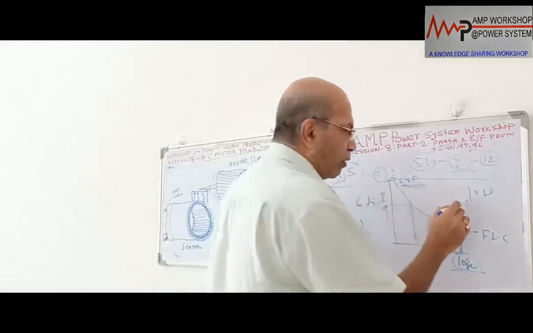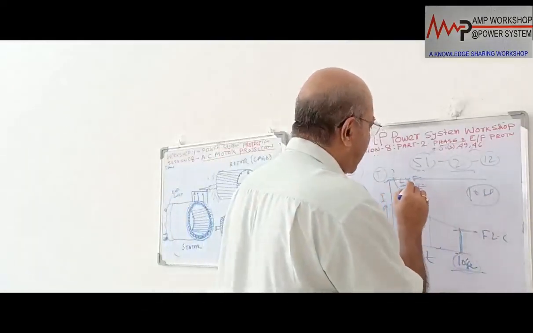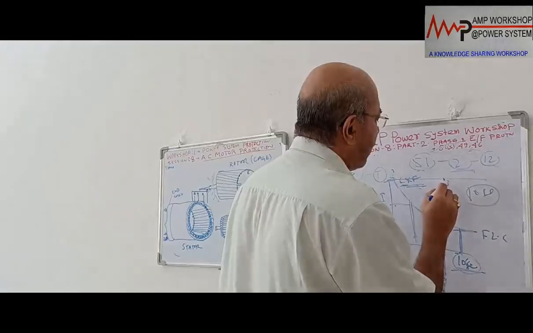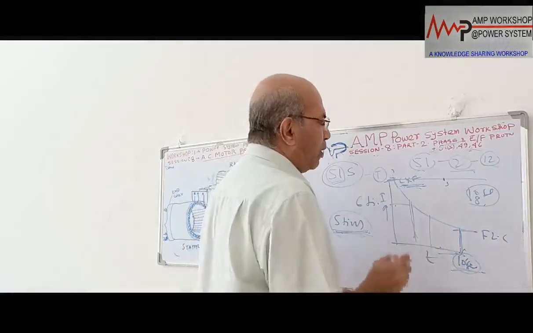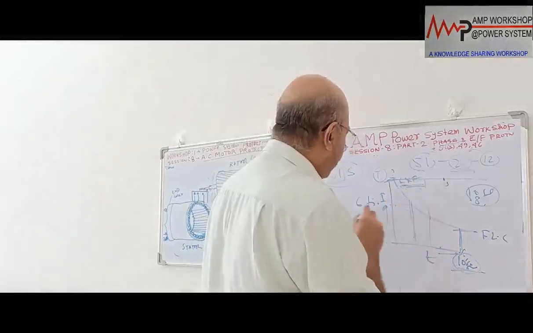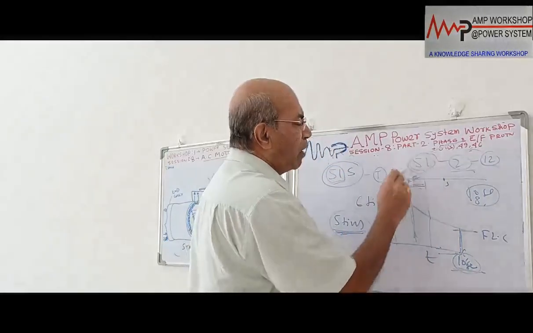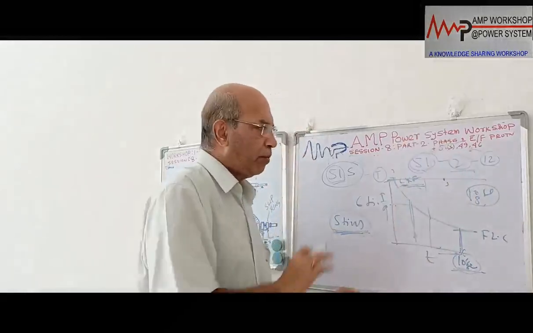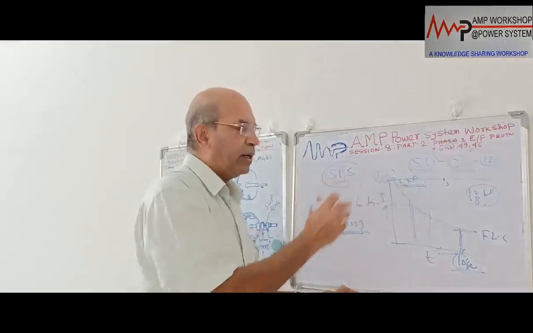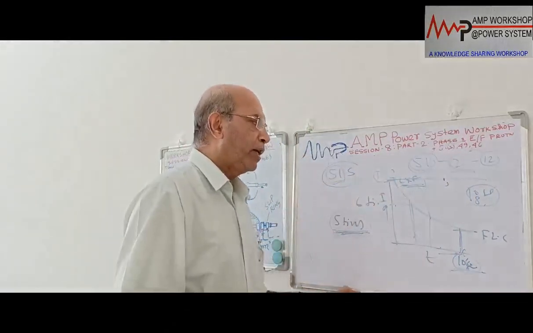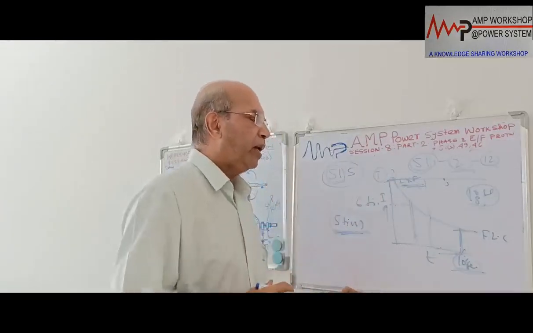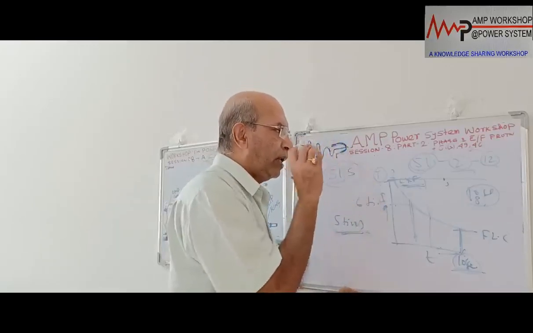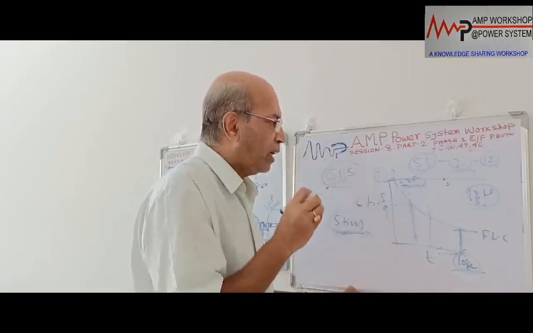And even in that case, if this current maintains at 6 times, we can give a timing of maybe 8 seconds, less than the starting time. Because if this current drops, then immediately this relay will drop, 51 will drop, and I need not wait for the time. So by coordinating the overcurrent value and the time, we can provide the locked rotor protection, or 51S protection. But in the case of a solid state relay, we need not go to so much trouble. The relay will continuously monitor how much the starting current is.